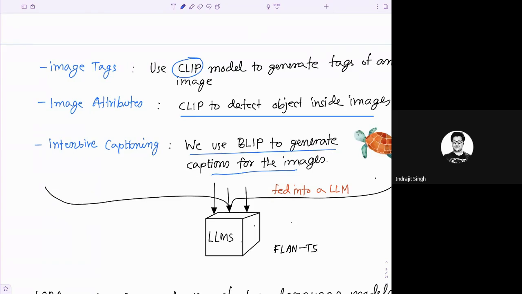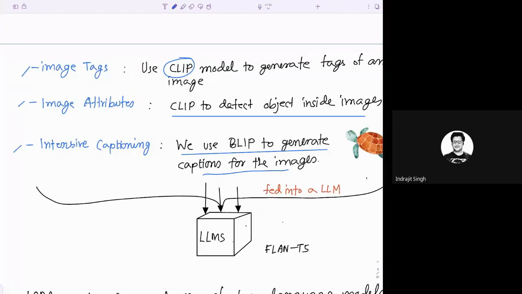Let's say you want to do story generation out of a given image. If that's the use case, you use these three different techniques. Now, CLIP is one of the methods. There are many other methods, but this one is more popular. What they have done is extract image tags and image attributes using the CLIP method, and feed them into the language model. Now, if we talk about CLIP,